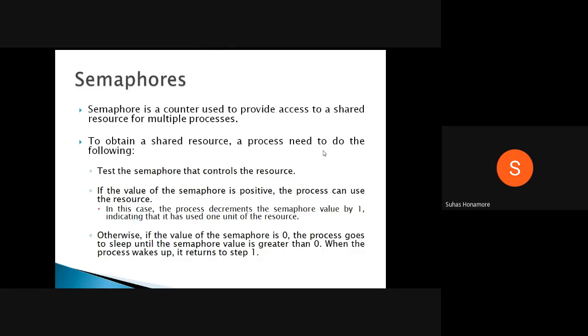You have only one resource that you want to use between n number of processes. That value will be incremented once and decremented once, so the value is always 0 or 1, in between only. At the same time, only one process can use it. That is the limitation of binary semaphores. So this is the overview.